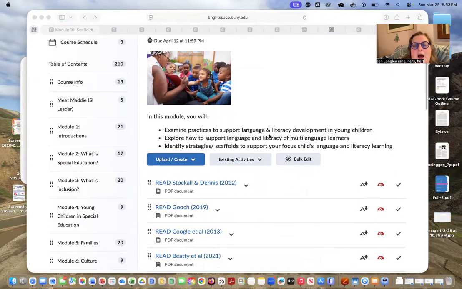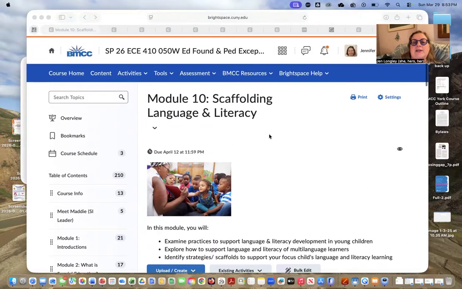module opens. So this module talks specifically about scaffolding language and literacy. We talked last week about scaffolding learning, and you learned about prompts and different strategies to support children's learning overall and what scaffolds are. Scaffolds are strategies, temporary instructional tools to support students' learning and basically to differentiate instruction. And we use scaffolds in particular situations based on a child's needs, and what we can do